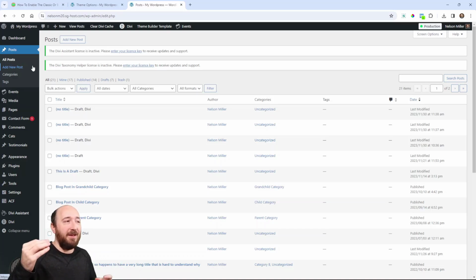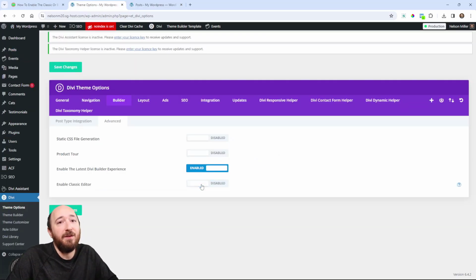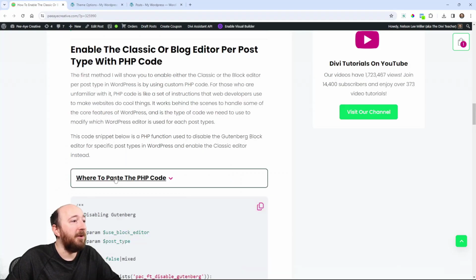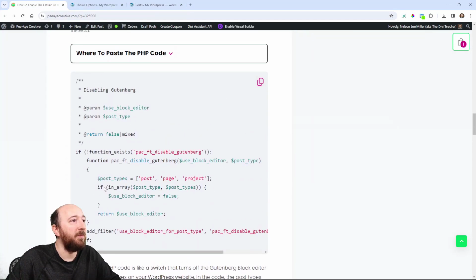Just to simplify, you may want your pages to be using, we'll say, the block editor, the default editor, and you may want your posts to be using the classic editor, or the other way around. You can't do that by default. This setting is either on or off. You know what I mean? It's either going to be the editors for posts, pages, projects, anything, or it's going to be the other one for each of those. Now, in this tutorial, I have code here, this PHP code, and this code will